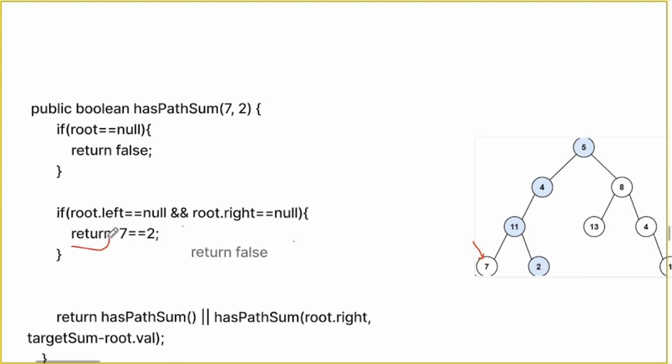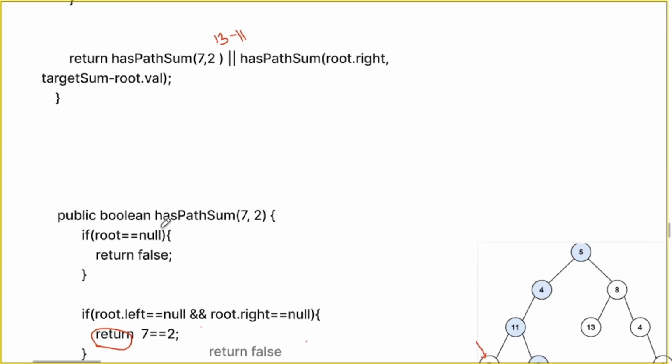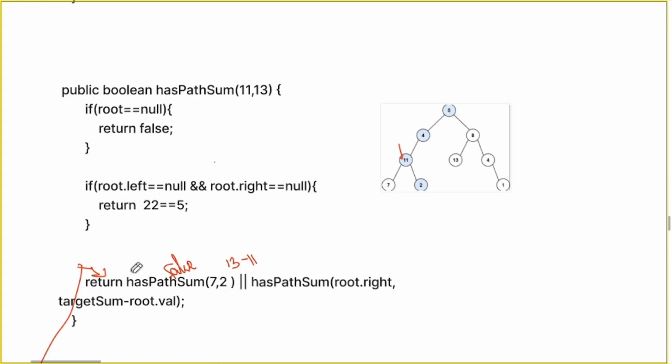We have our return keyword here. It will return false. It will return to where the function was called from. Who called it? This function called it, so it will return false to this function. So we have false here. Now this method is completed, so it moves to the next.